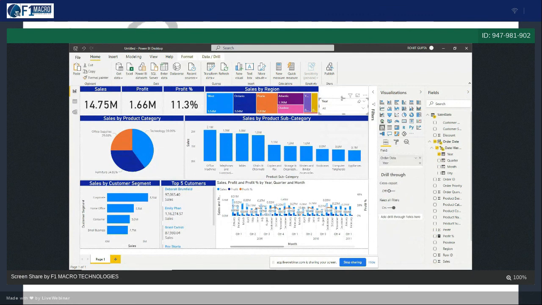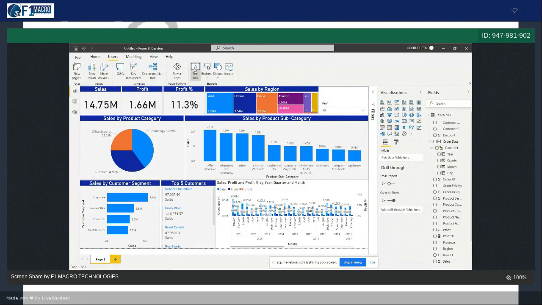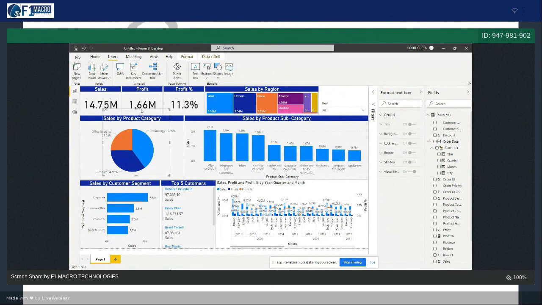So you can create a text box as well. How to create a text box? You will go to insert and click on text box. Drag this text box over here. Under this text box, write my first Power BI report. Drag this over here.